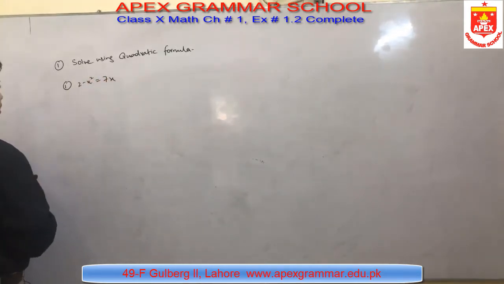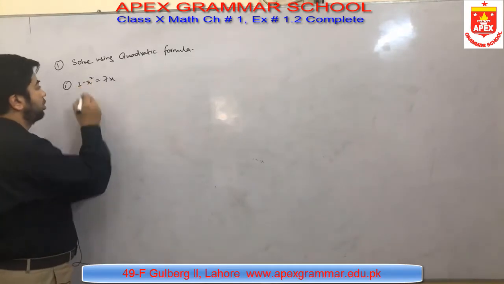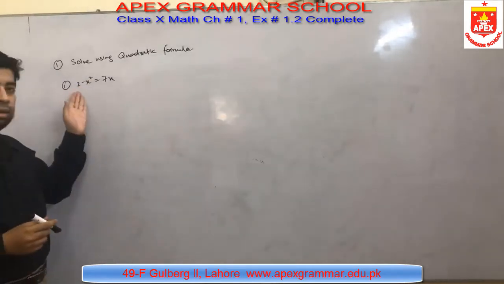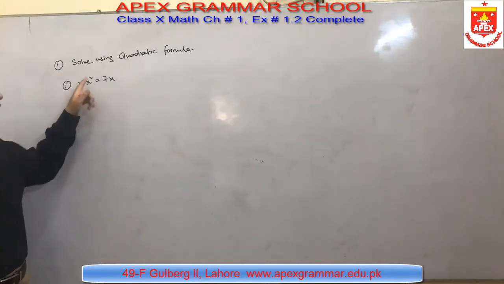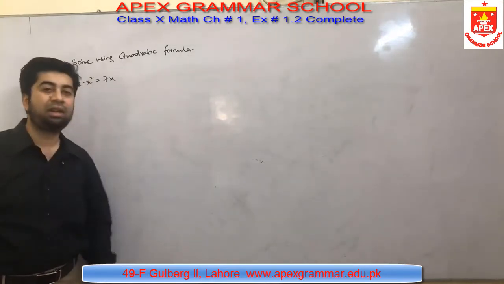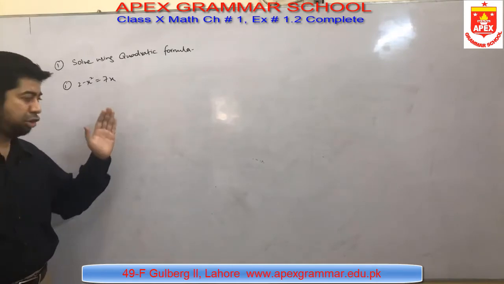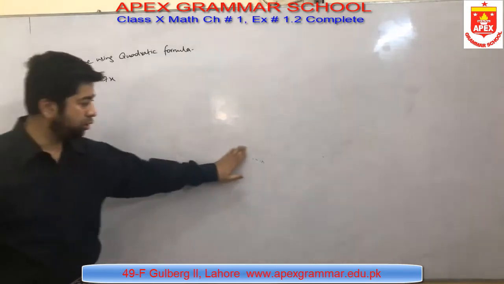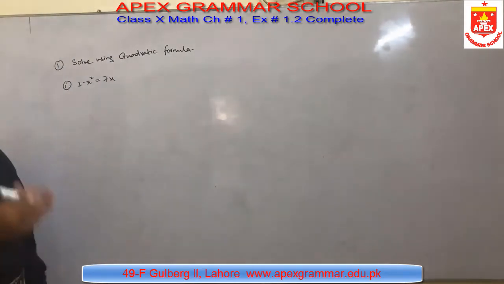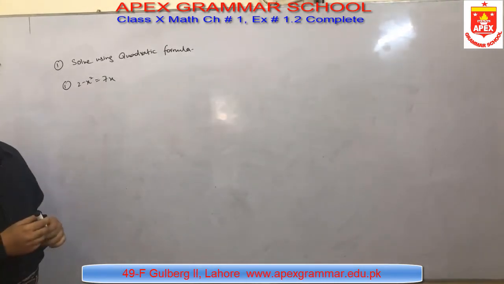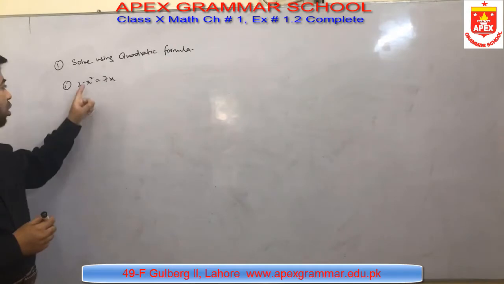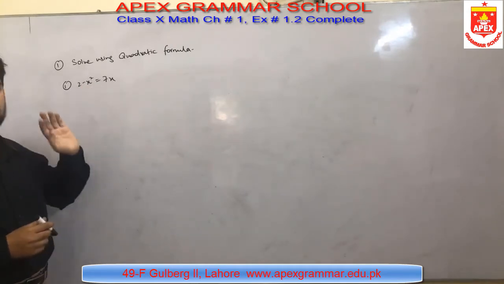Now you can see this is a quadratic equation, because the variable has maximum power 2, but this is not in the general form of a quadratic equation. For the general form, as you very well know, on the right hand side we just need 0, and for x square the sign must be positive.